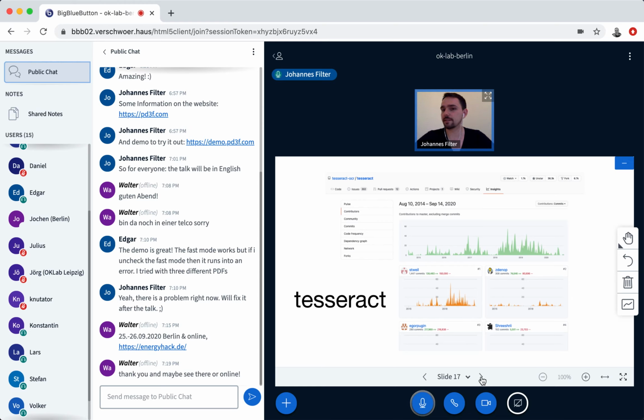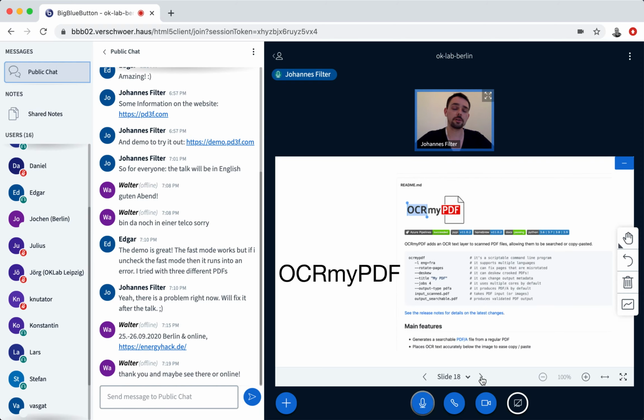It's called Tesseract. It's pretty old school. It has been around since the 80s. And it works fine, but if you just want to use it to work with PDFs, it's not so easy, because you first have to convert your PDF into an image format and so on. So I used another tool, and I also recommend it. It's called OCR My PDF. This uses Tesseract internally, but this also